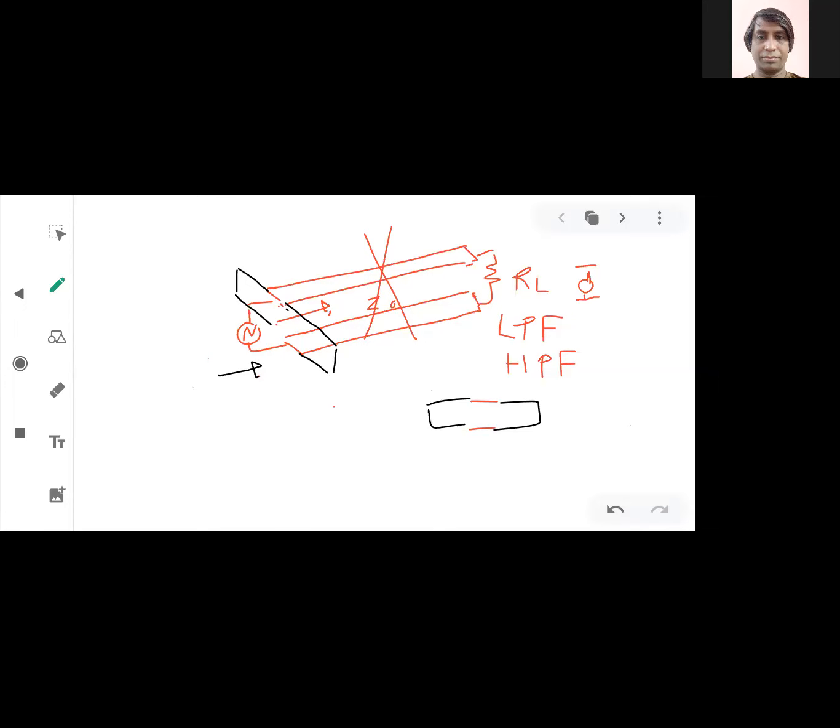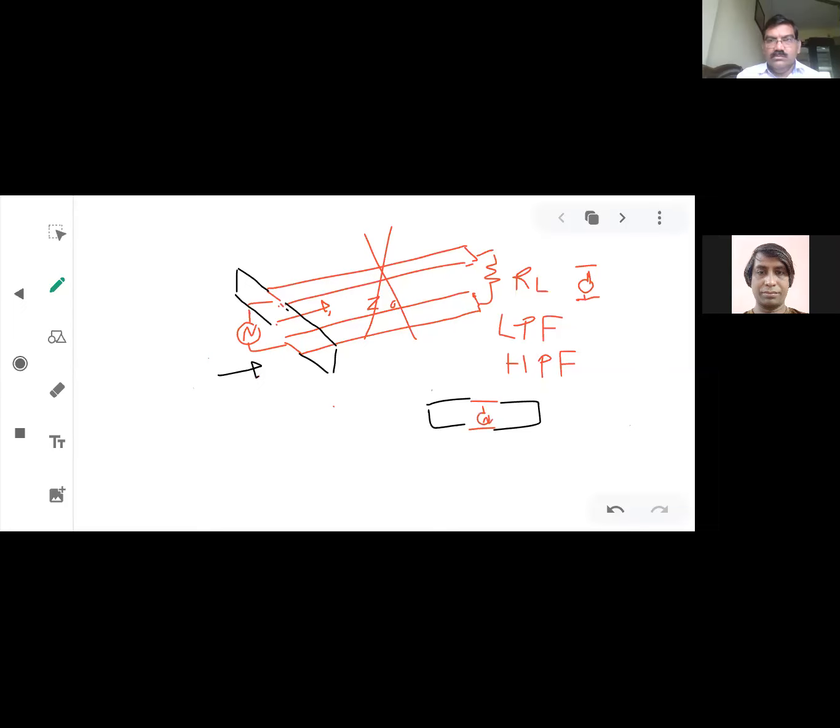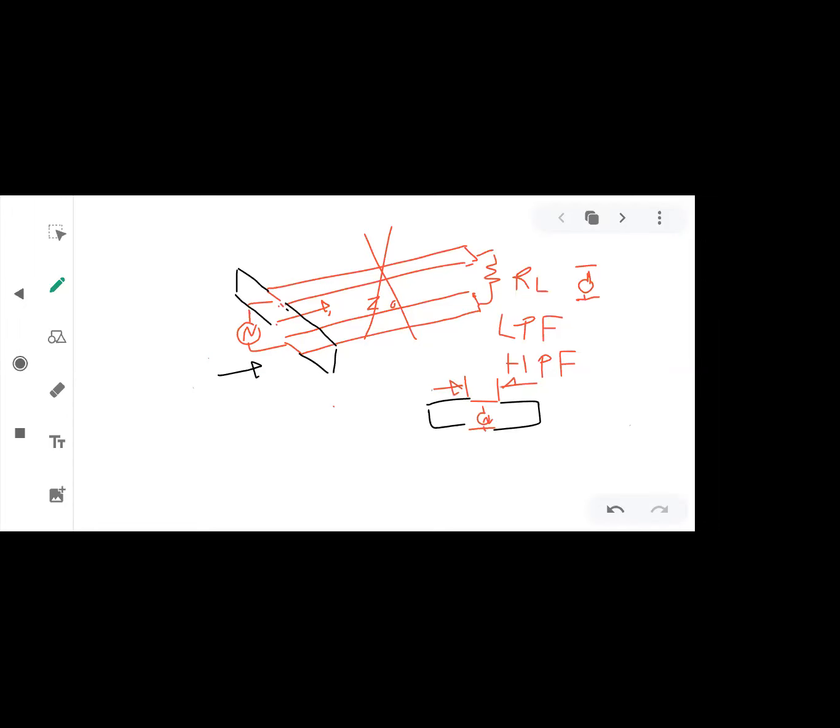Right. And in between this red portion of the transmission line, a source is there. Okay. And now let us consider that the width of the middle portion is W. Okay. Now, the moment you connect these two transmission lines on the left hand side and the right hand side